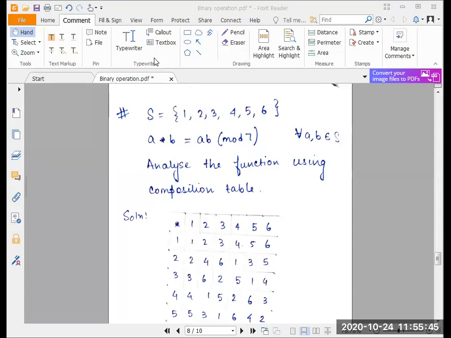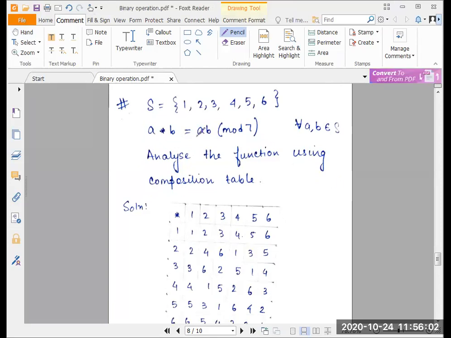So the next sum that we'll be looking at will use the concept of composition table. I have defined the composition table and looked at its basic overview in one of my previous videos. So I'll be linking it down somewhere over here. So let's look at the sum first.